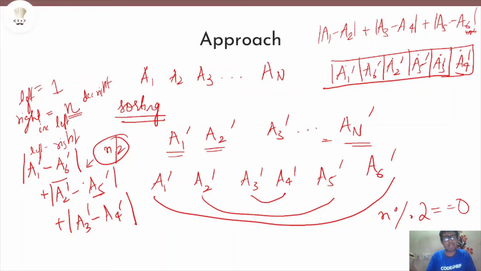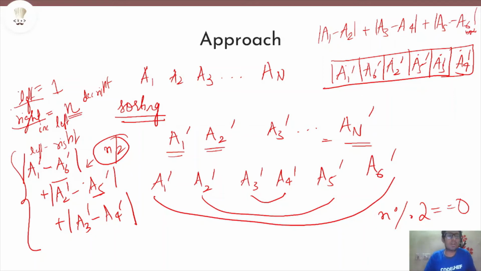We can try multiple cases and we can prove that the maximal sum can be achieved in this way by pairing up opposite ends of the sorted array like this. So this is a1 minus a6, then a2 minus a5 and a3 minus a4, and this is the maximum possible sum. We will implement it using the left and right pointers, incrementing the left pointer, decrementing the right pointer, incrementing the left pointer, decrementing the right pointer.